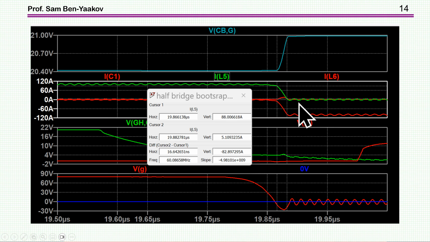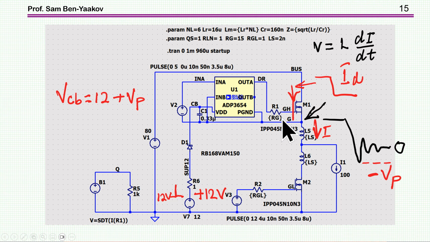I see this drop, the minus the IDT, and we see a change of 82 amps in a time of 16 nanoseconds. Obviously, a silicon transistor is much slower than a gallium nitride. So in the case of a gallium nitride, this will be much faster. Now, we have this drop in the transistor current, which is turning off, a drop in the inductor current, and